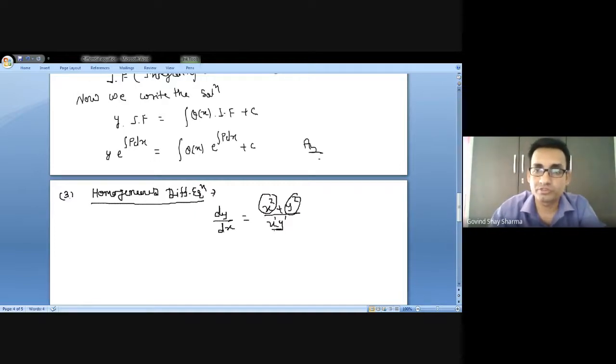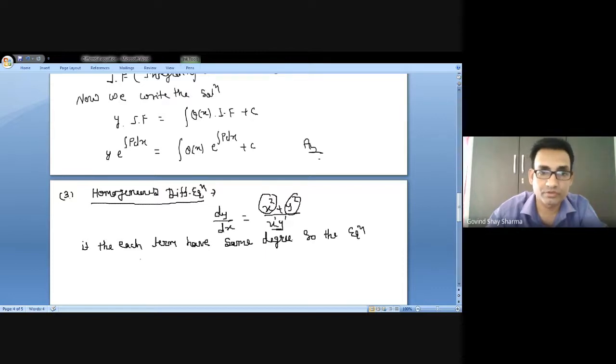That is called a homogeneous equation. If each term has the same degree, the differential equation is called a homogeneous differential equation. Okay,